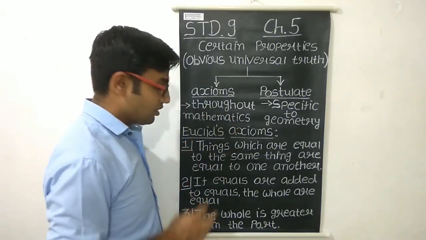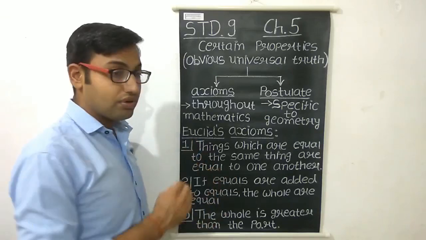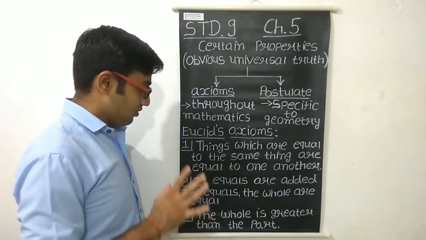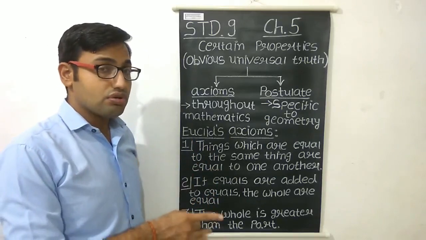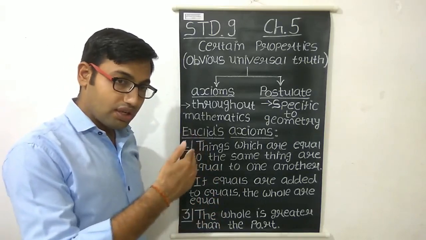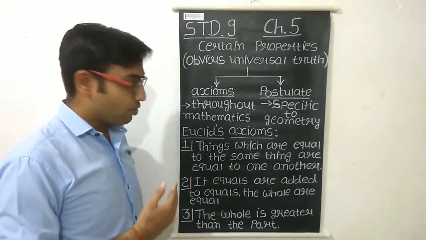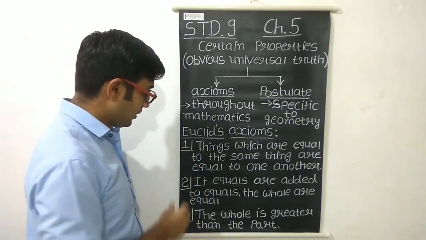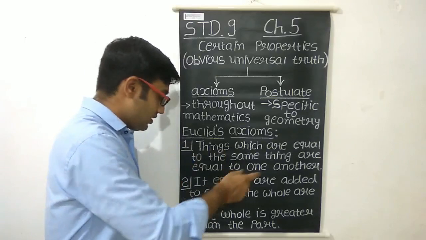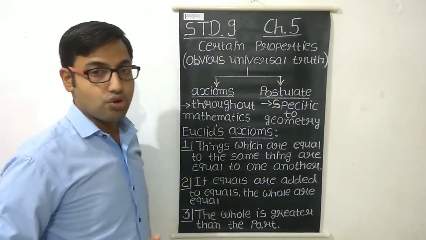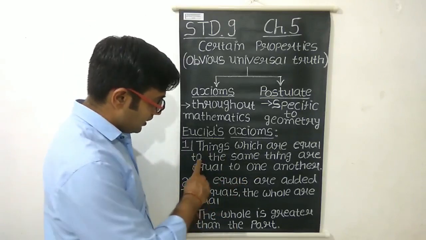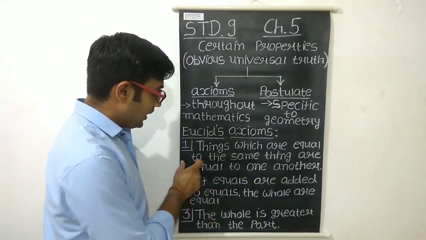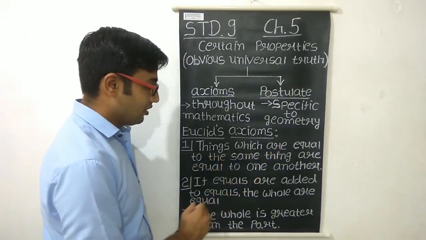Okay, so Euclid has given more axioms, but we have to study some of them in this class, and these axioms are not in any order, right? So you do not have to remember that the first axiom is this, the second one is this. It is not compulsory. Okay, so the first axiom is this: things which are equal to the same thing are